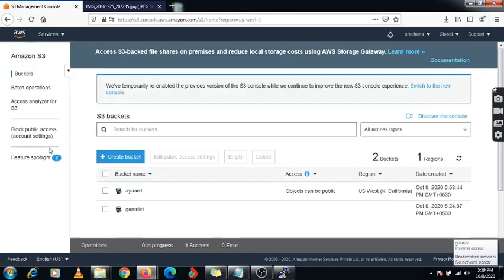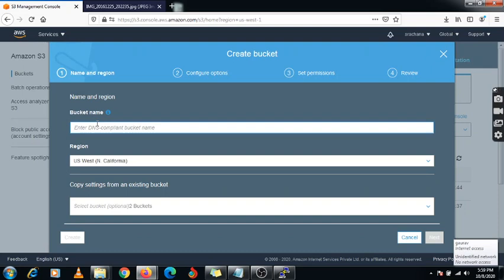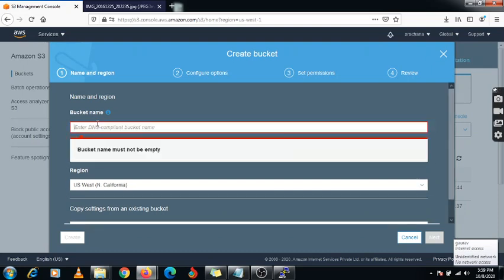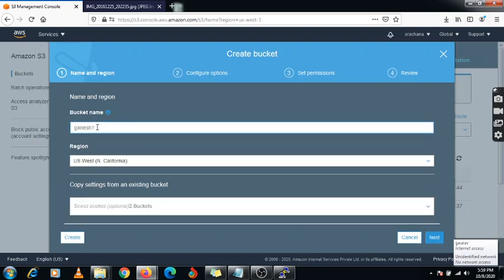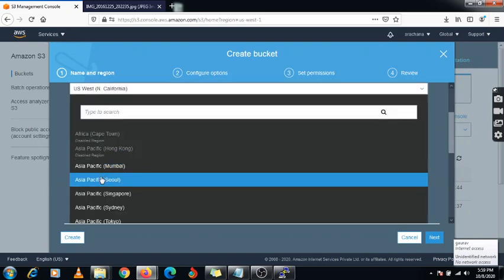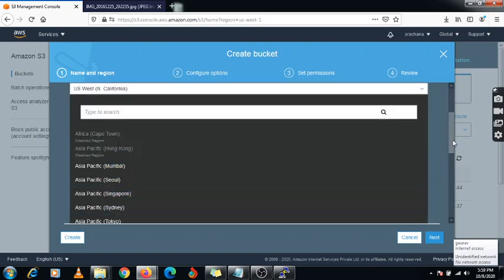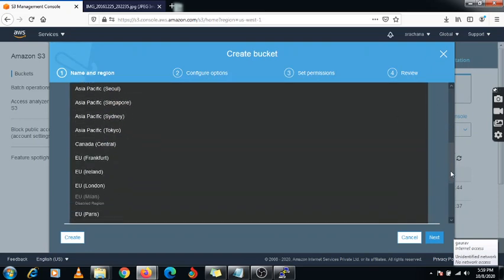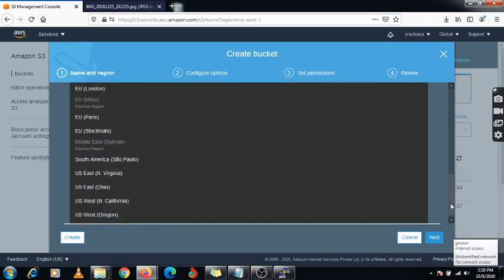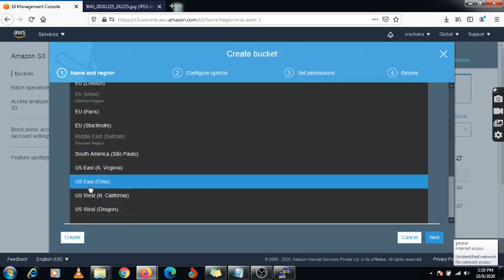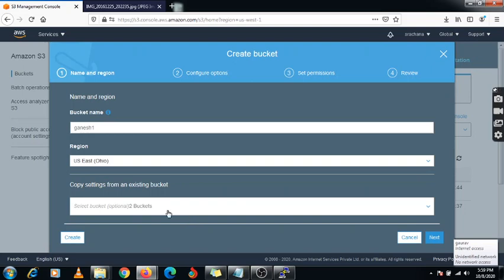Now I am going to create another bucket having the name Ganesh 1, under another region. I am going to create it under the Mumbai region, or the Ohio region. You can select any region for this demonstration.